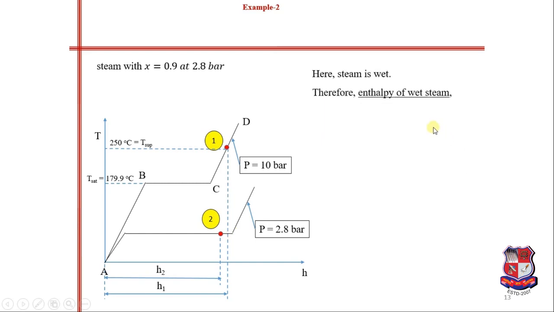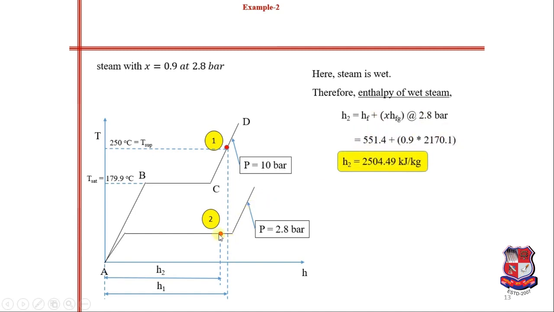Okay, here steam is wet, therefore enthalpy of wet steam is given as H2 is equal to Hf plus x Hfg at 2.8 bar pressure. Keep this thing in mind. In this equation you have to use properties corresponding to 2.8 bar pressure for point number 2. For point number 1 we need to use the properties corresponding to 10 bar pressure. Okay, so let's continue. So just substitute the values and you will get the enthalpy of point number 2 as this,